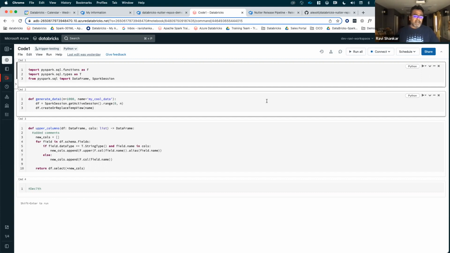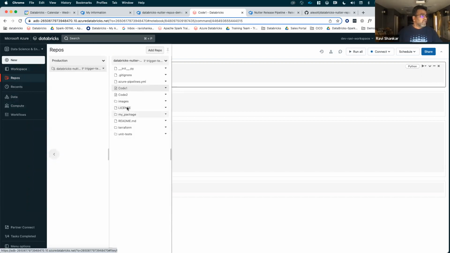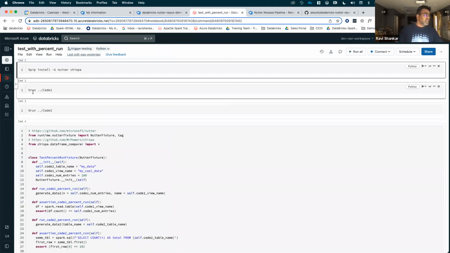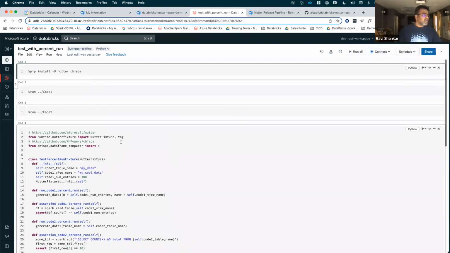The next set of notebooks would basically do a transformation, and the third set of notebooks could be machine learning, and finally this encompasses the entire pipeline, right? So in scenarios like this, what you will be doing is something we call a percentage run, right? So I'll call percentage run code 1, percentage run code 2, and also I want to quickly